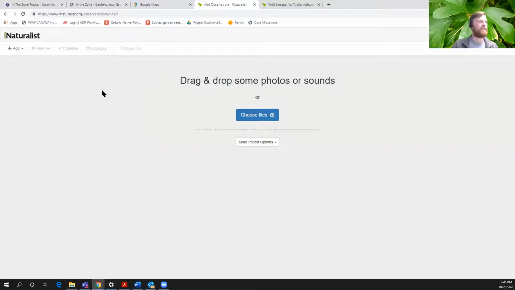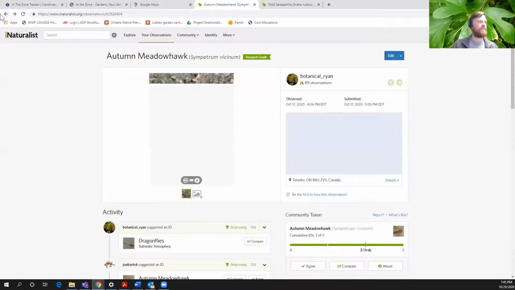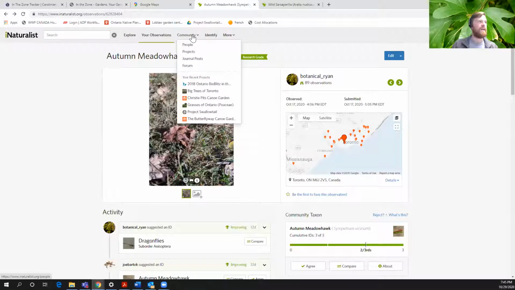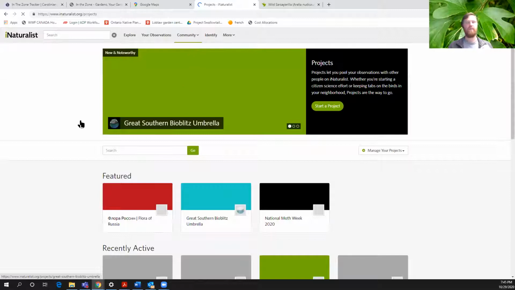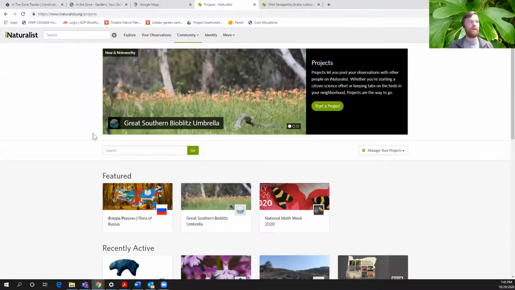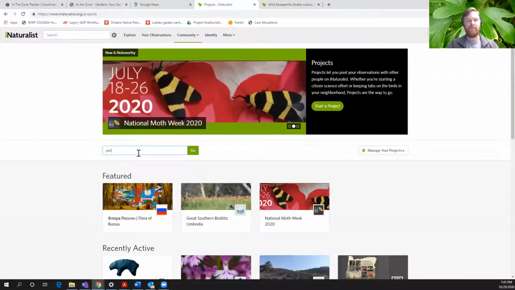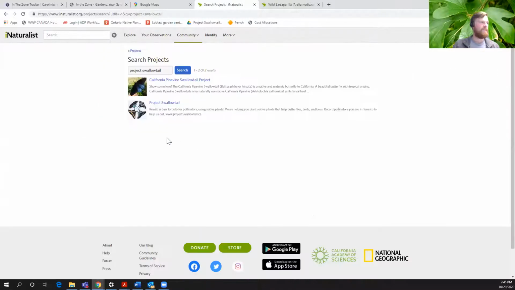So one of the other things that iNaturalist has are projects, which are basically umbrellas or little tags that you can mark your observations with. You can also do this after the fact, so it's no big deal. If I go into projects and I type project Swallowtail, ding, there it is.